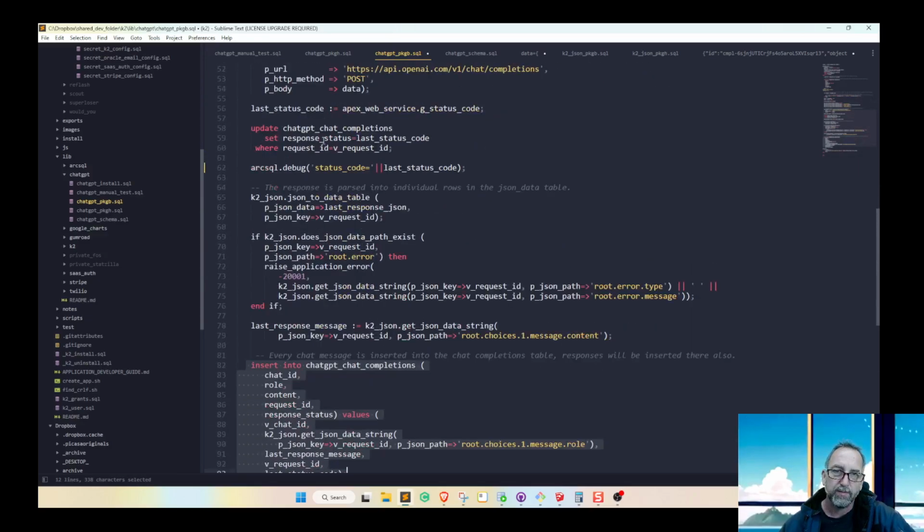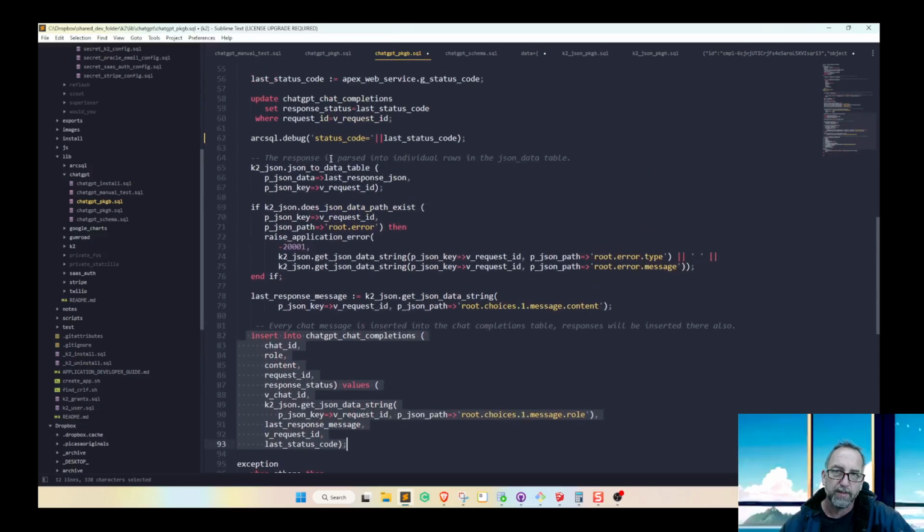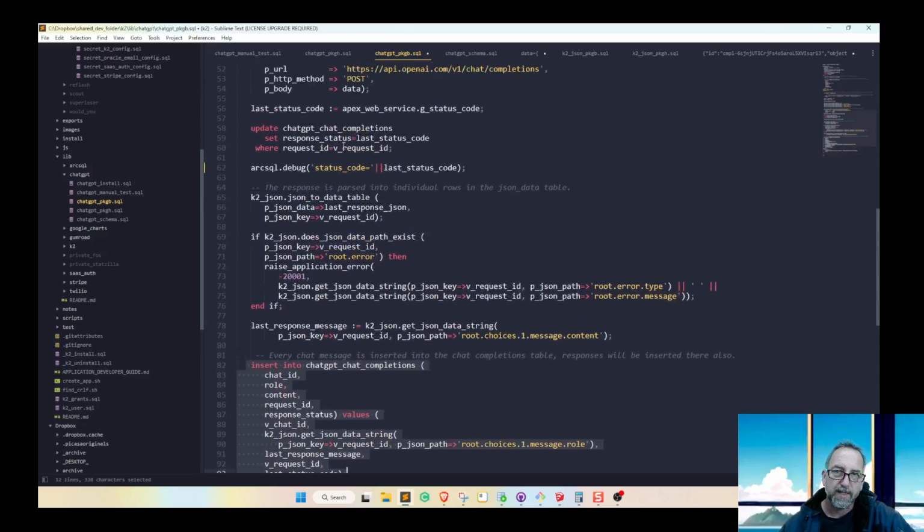original question. We update it with the request ID or the response status once we actually get a status. I don't know that needs to be there. Actually, yeah, I don't know that needs to be there. That might not. This might go. I'm going to comment that out. I don't think that needs to be there because when I